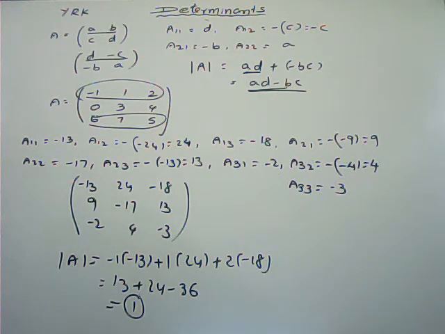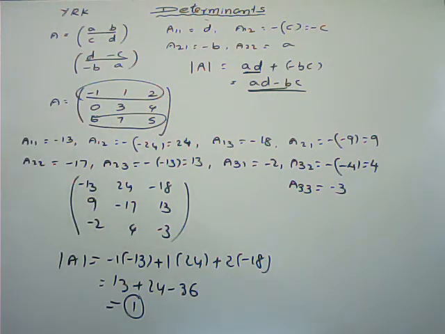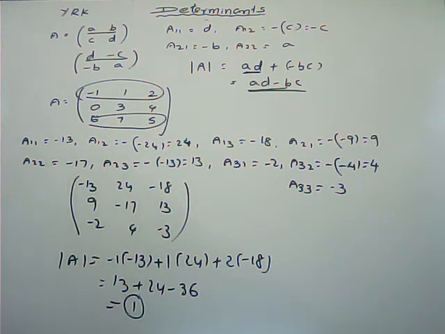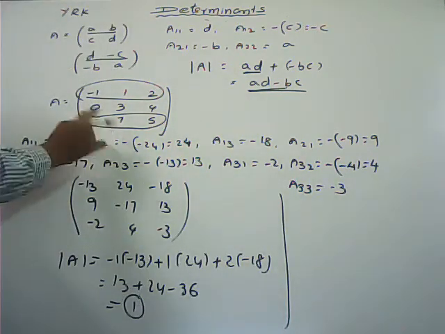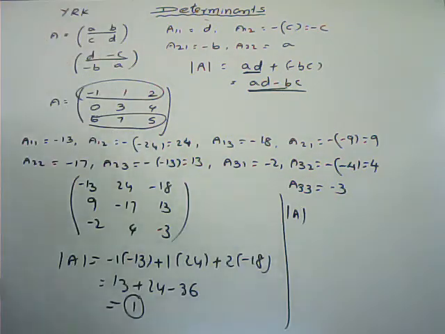See here, I have taken the first row, multiplied by their corresponding cofactors. That sum we get, we say is the determinant of the given 3 by 3 square matrix. Now, if I take the third row multiplied by its cofactors, we also get the determinant of A, and everywhere we should get the same result. The sum of the products of the elements of any row or any column with their corresponding cofactors.